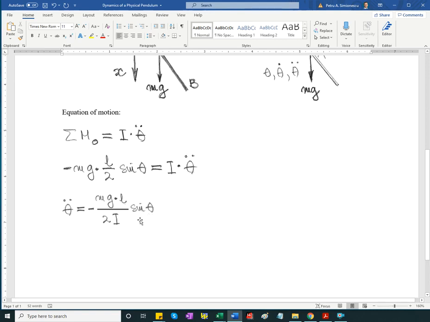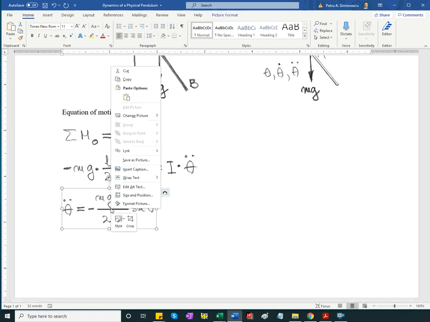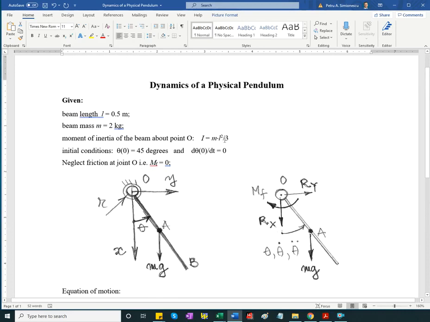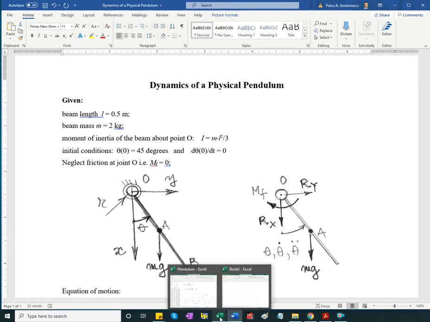In vibrations books, you're going to see the case of small oscillations, that is small angles theta, in which the Taylor series expansion allows us to replace sine of theta with the angle in radians. Anyway, this is the equation of motion, and we're going to integrate it using Euler's method